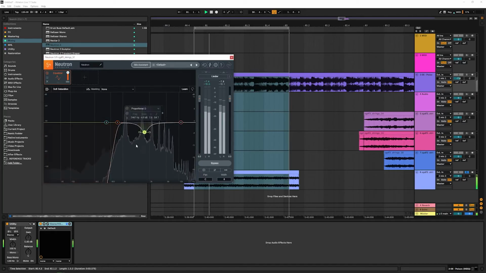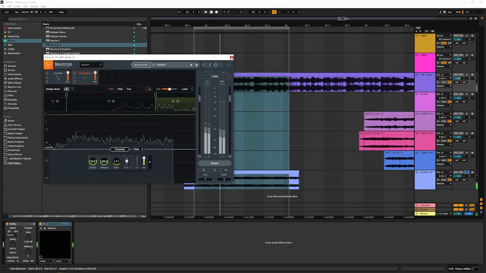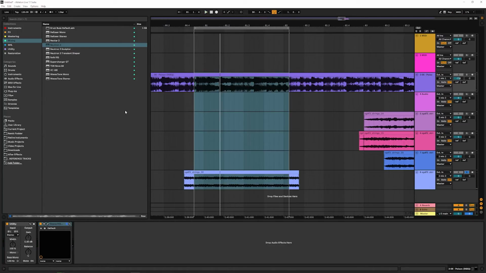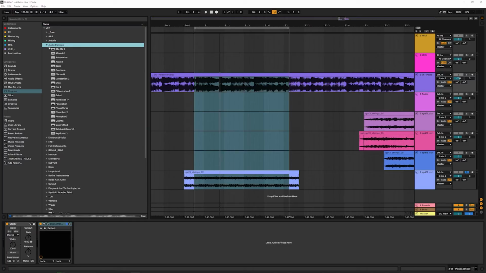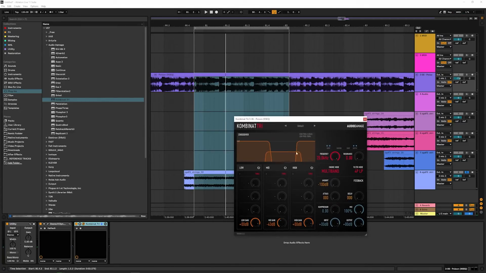Cool. And let's go ahead and get rid of this stuff in the high mids and really boost the top end. All right, let's grab some form of multiband distortion. We have a couple choices. The Audio Damage Come Try. So this is a multiband distortion unit. You can see we have low, mids, highs. We can change the volume of each thing. Yeah, let's start playing with this and see if we can match the distortion.